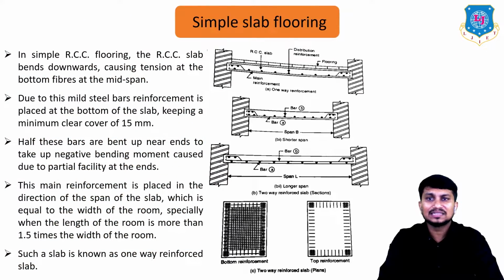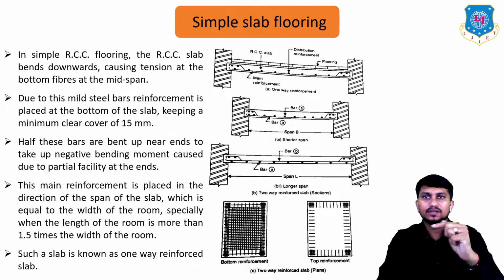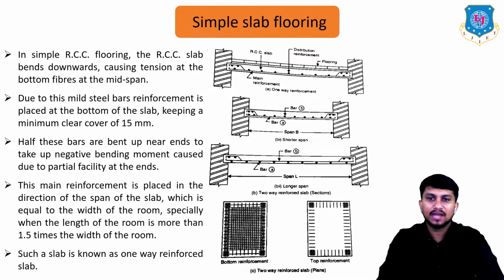In simple RCC flooring, the RCC slab bends downward, causing tension at the bottom fibers at the midspan. Due to this, mild steel bar reinforcement is placed at the bottom of the slab, keeping a minimum clear cover of 15 mm. Clear cover is nothing but the distance between the reinforcement and the outer surface. Half these bars are bent up near the ends to take up the negative bending moment caused due to partial fixity